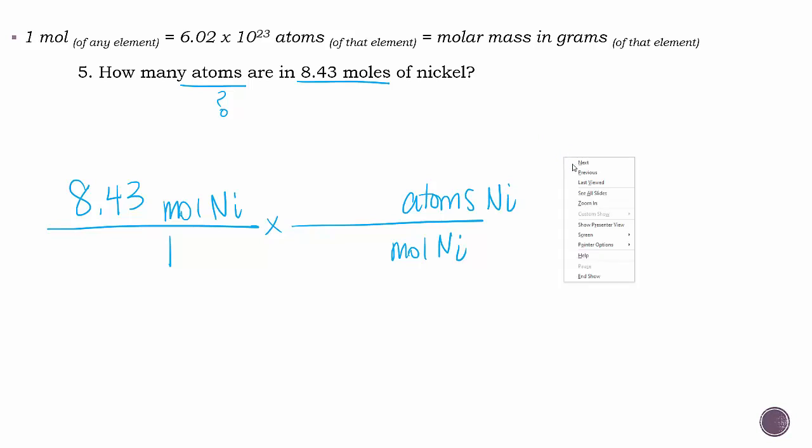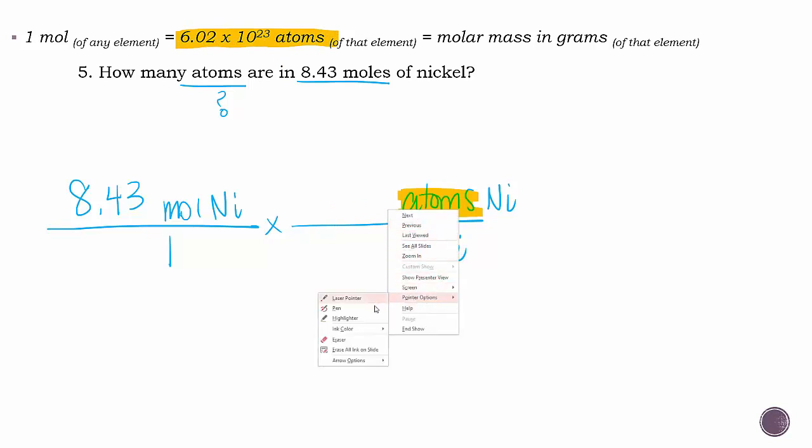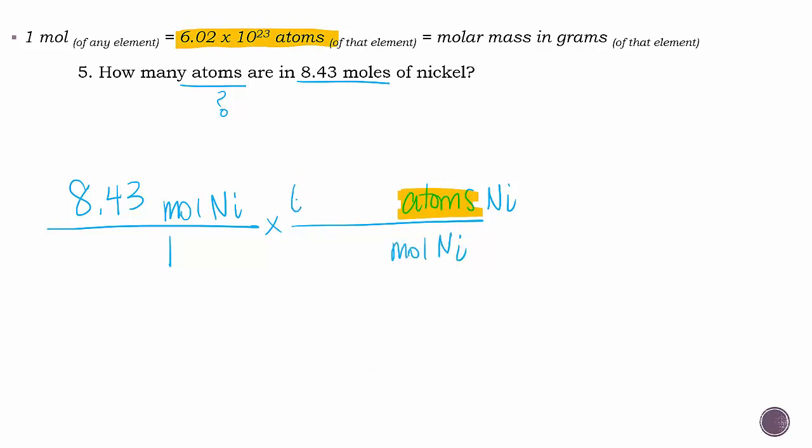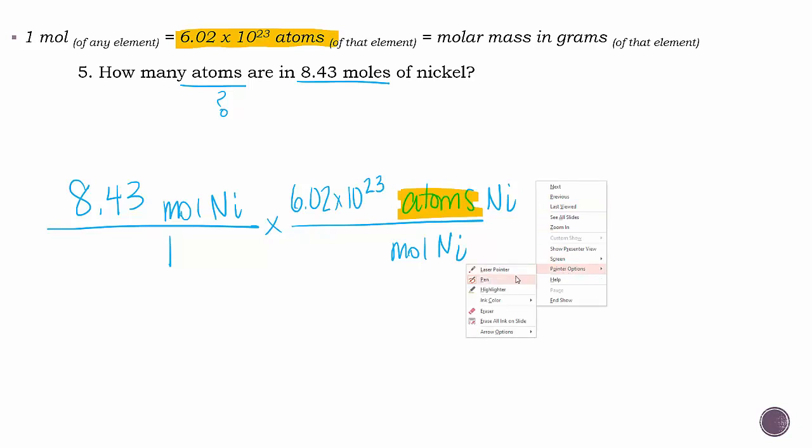Very good. So then let's think through where these numbers come from, the numbers that we're going to put in. So atoms, what do we always put in front of atoms? It is always Avogadro's number, 6.02 times 10 to the 23rd. 6.02 times 10 to the 23rd, Avogadro's number. And then on the bottom,